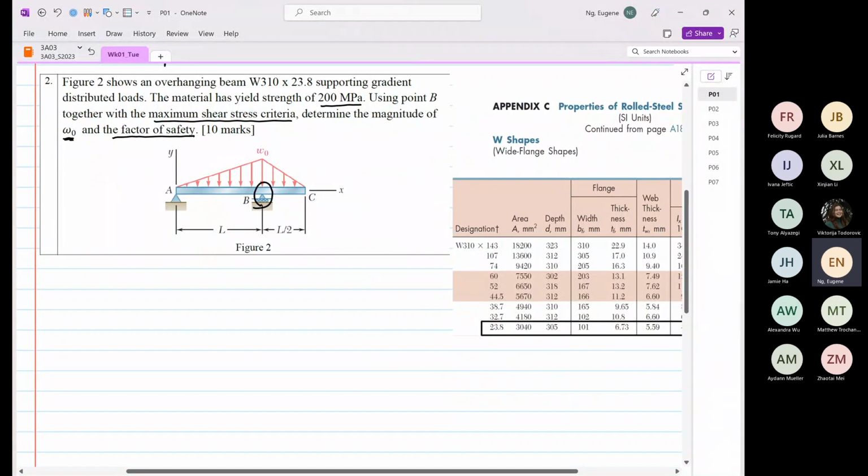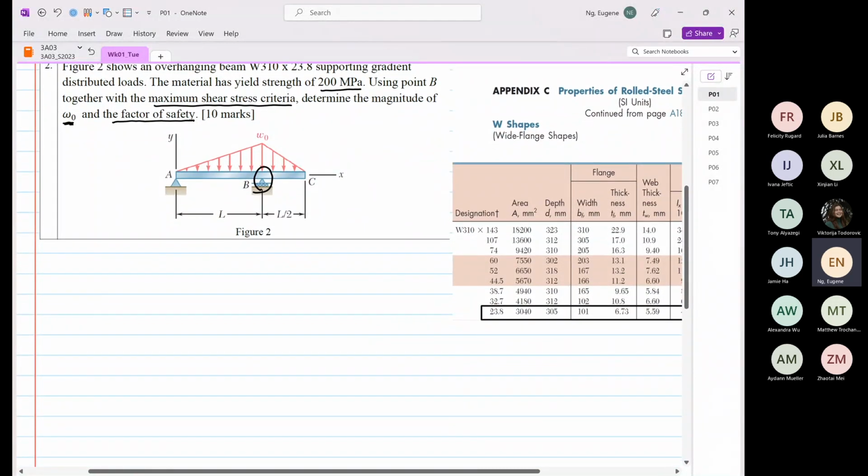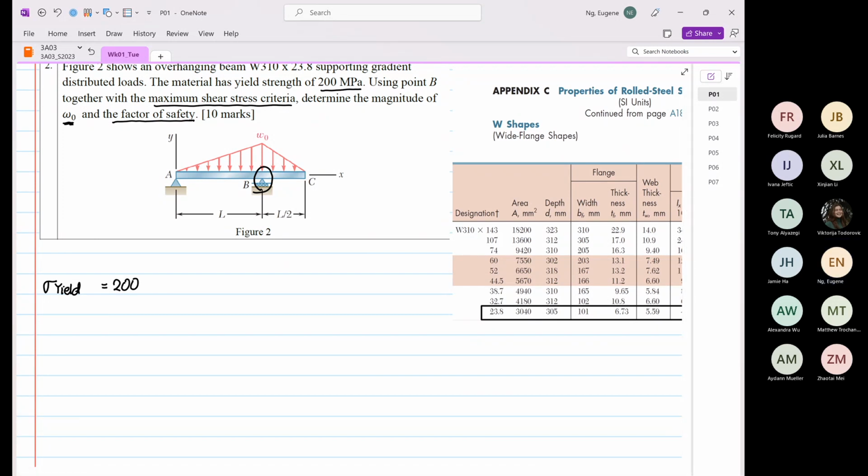So let's talk about the material yield strength. What is given is we are given stress yield, and stress yield is equal to 200 times 10 to the power 6 Pascal. So this stress yield, again, you can get from a materials handbook.